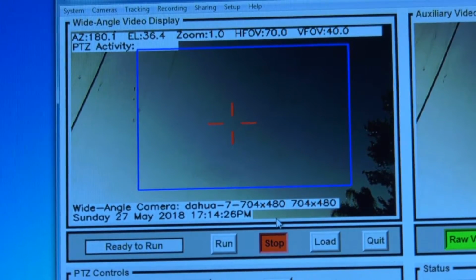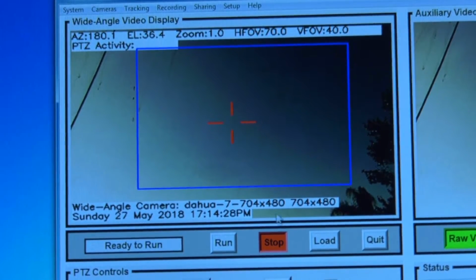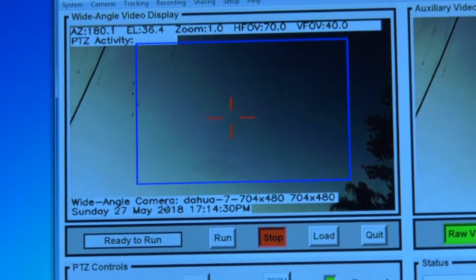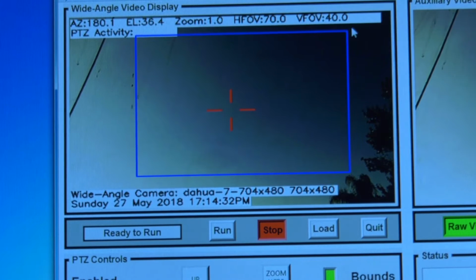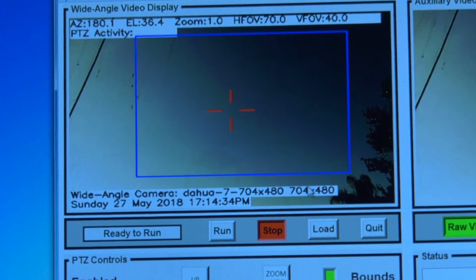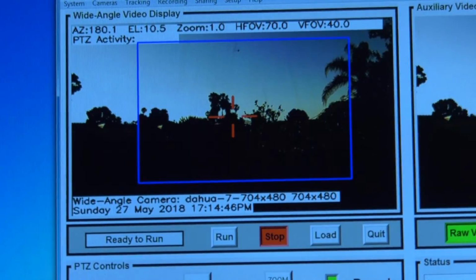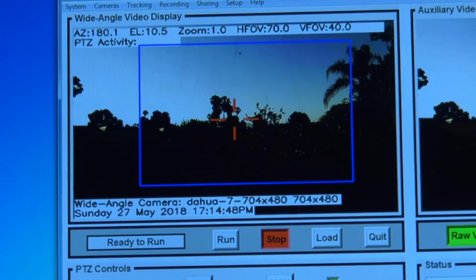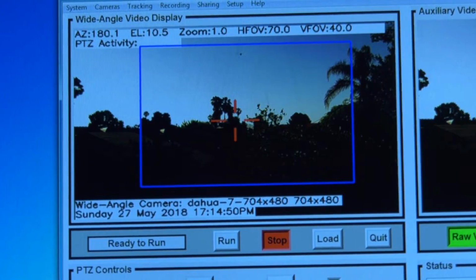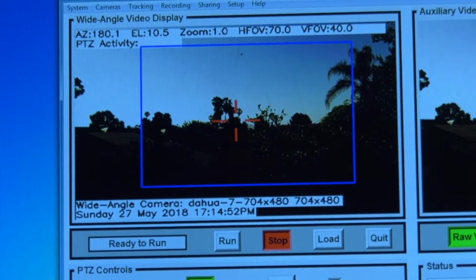So right now, this is a view out a window, and the blue box is what we call a bounding box, or a crop box, which defines the area of the view that the camera will trigger on when something moves. We have some controls here where we can move the camera up and down, so we can position the initial wide-angle view at the scene that we want to use.